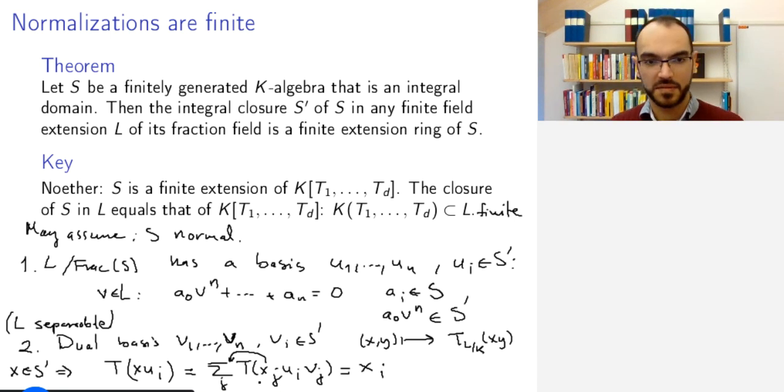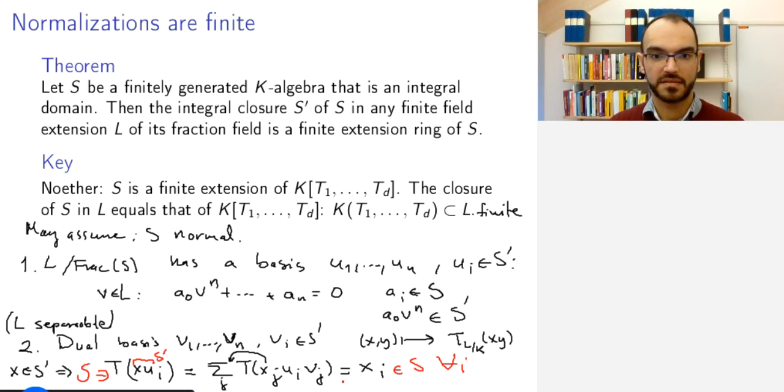What did this give me? Well, I know that this thing is in S prime, because ui are in S prime. So the trace of an element in S prime will in fact be in S. This follows, not trivially, from results about the trace being a coefficient of the minimal polynomial and results about how the minimal polynomial behaves with respect to such normal rings. And so this means that this xi belongs to S for all i,